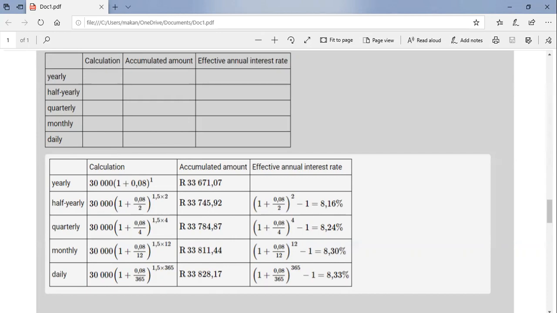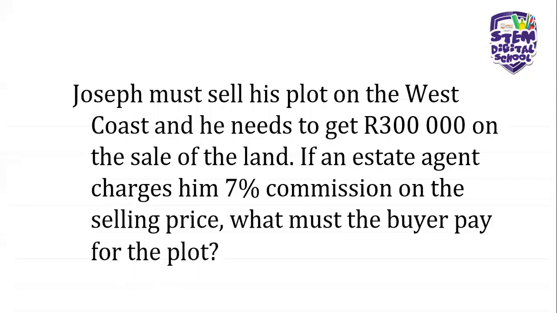And of course, this also goes on to say we really need to find a way to observe the trend in relation to the accumulated amount. And of course, we now have to proceed to the next example where we need to look at the money that will be generated when you sell your